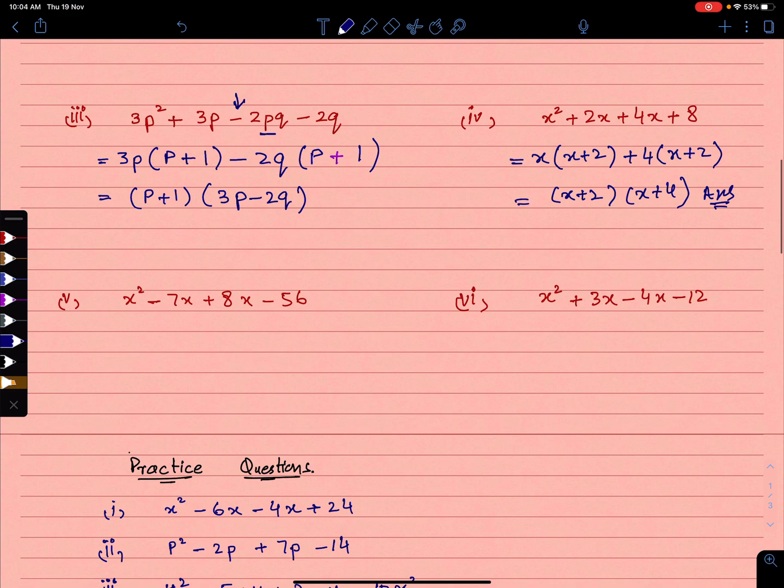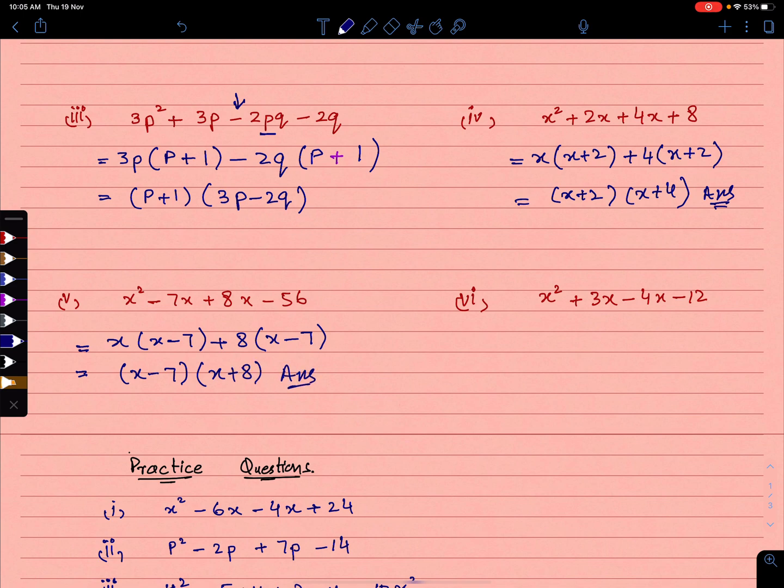So the fifth example, x square minus 7x, x into x minus 7 plus 8x and minus 56. 8 is common. So when you take 8 common, x minus 56 divided by 8 is also 7. So here we have x minus 7 is common. The next one, x minus 7 and x plus 8. This is our final answer. And the sixth one,